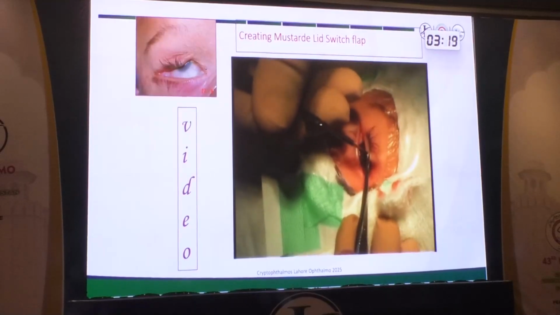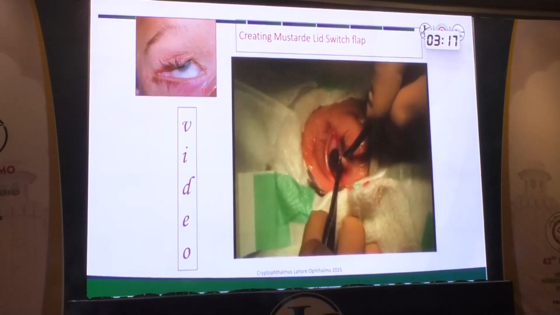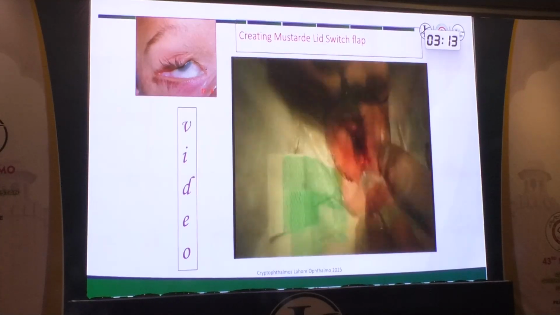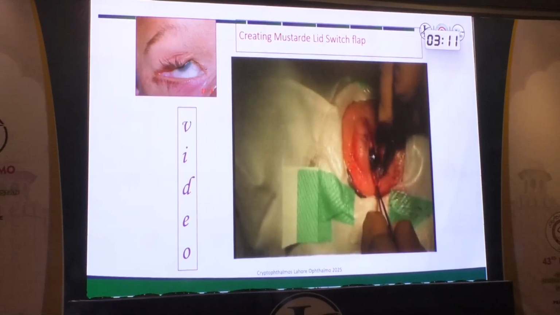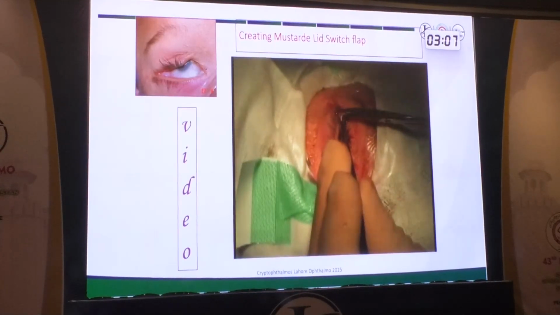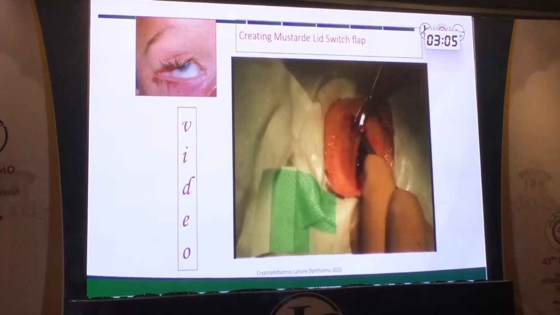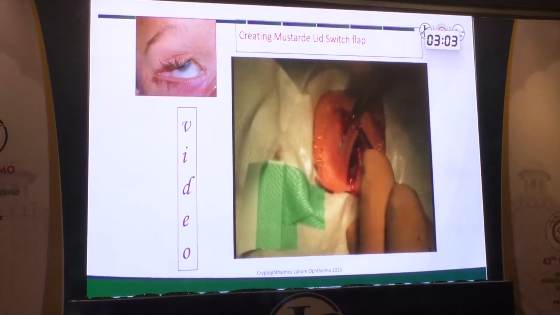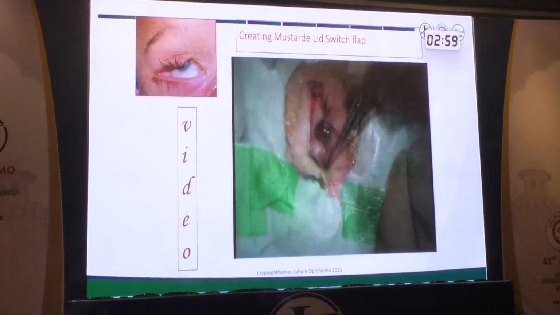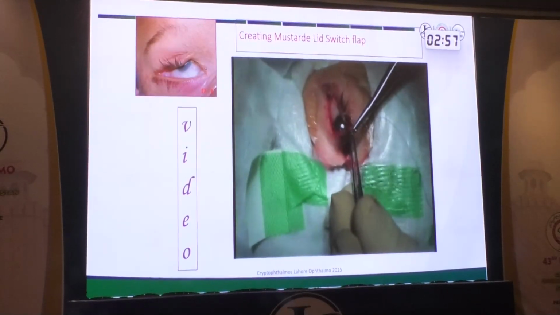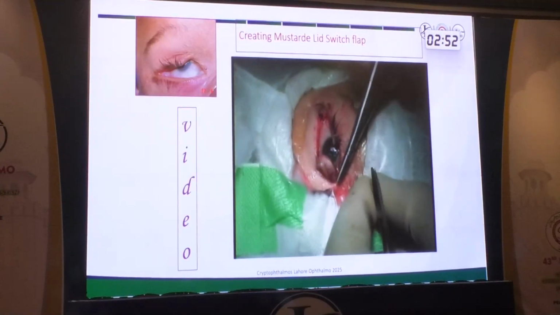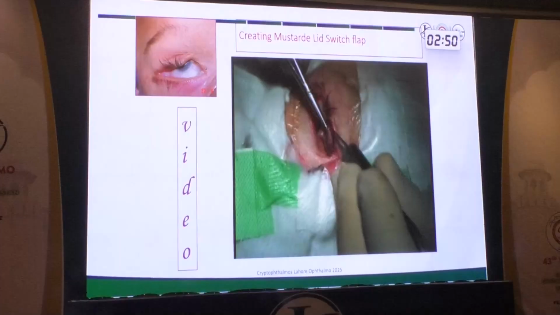And this is a small video. You can see, as I told you, you have to fashion the upper lid and rectangulate it, and then you take a vertical incision in the lower lid of about 4 millimeters, and then a horizontal cut according to how much you need, rotate it into the upper lid, and stitch in multiple layers, at least 3 layers. You stitch it till the end,